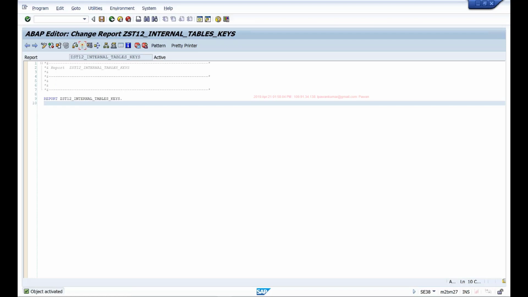So based on the key, the difference comes when you're trying to read the data from an internal table. If your internal table has, let's say, 1 million records, and you're trying to locate one entry in that internal table, then how much time the system takes to scan the internal table and get you the matching record is what differentiates between these three types of tables. And with sorted tables, you also have the advantage of having the key always sorted, and we've also seen that sorted tables use binary search, whereas hash tables use the hash function.